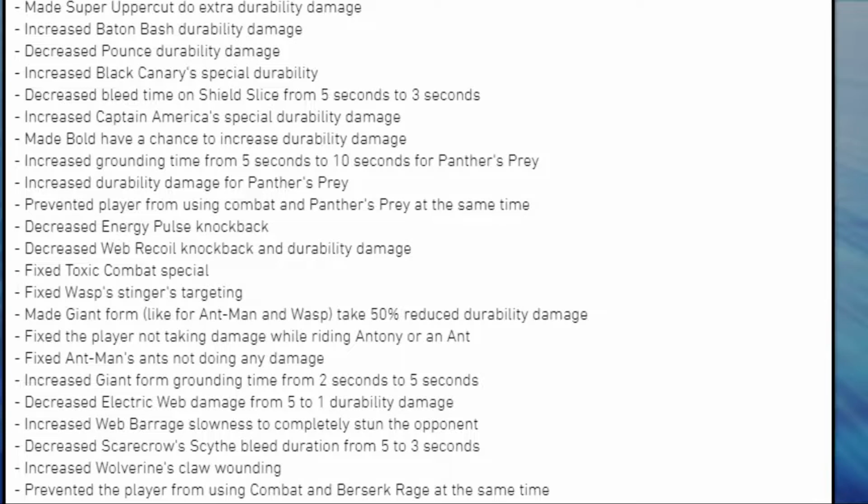From 5 seconds to 10 seconds for Panther's Prey, increased durability damage for Panther's Prey, prevented player from using Combat and Panther's Prey at the same time, decreased Energy Pulse knockback, decreased Web recoil and knockback and durability damage, fixed Toxic Combat special, fixed Wasp Stinger targeting, made Giant Form like for Ant-Man and Wasp take 50% reduced durability damage,